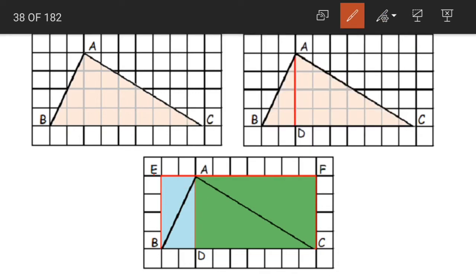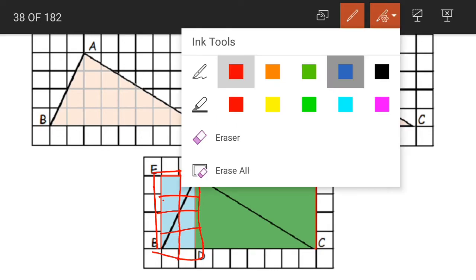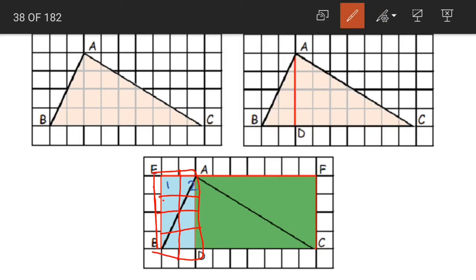So what is the area of our rectangle here, children? AEBD. Count the number of squares. Yes, the number of squares it is occupying. How many squares is it occupying? If you draw the complete box like this, it is occupying 1, 2, 3, 4, 5, 6, 7, 8. So the area of our first rectangle is 8 square units.